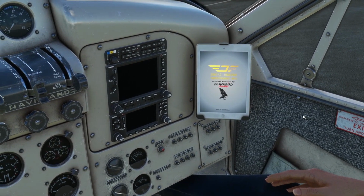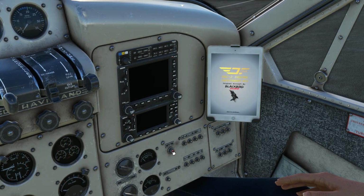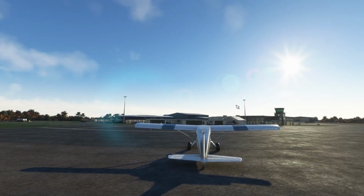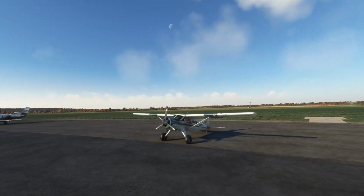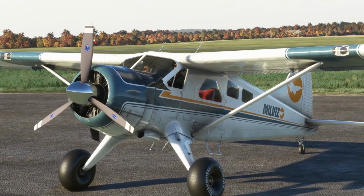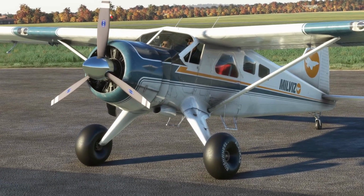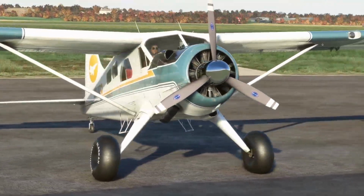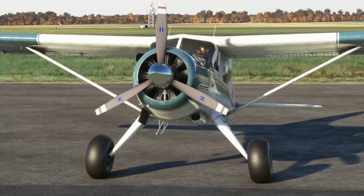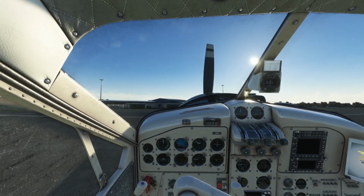Basically his mod adds a few things. First of all, you can remove and put back the tablet, which is quite cool. Externally, we now have bush tyres, 35-inch bush wheels. That's awesome. That makes the plane look a whole lot different to me. Anyway, I'm a big fan of the bush plane genre of aircraft, and this really adds a lot to it. If we go on to his page,